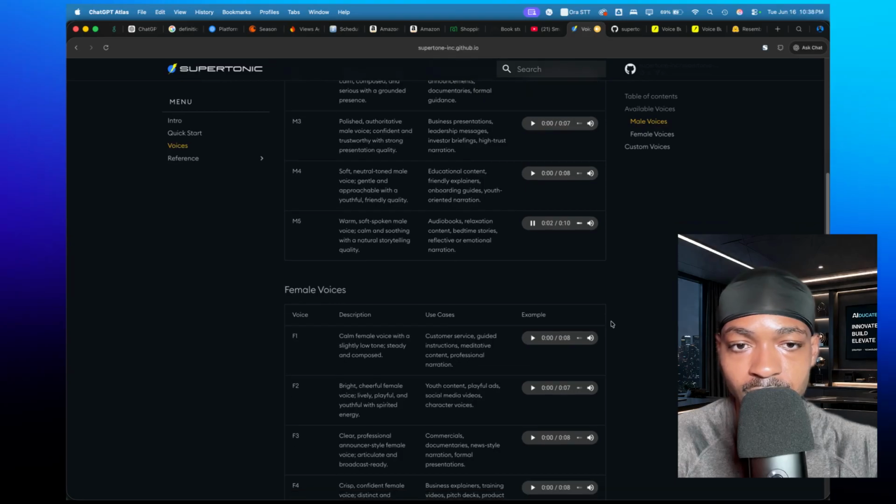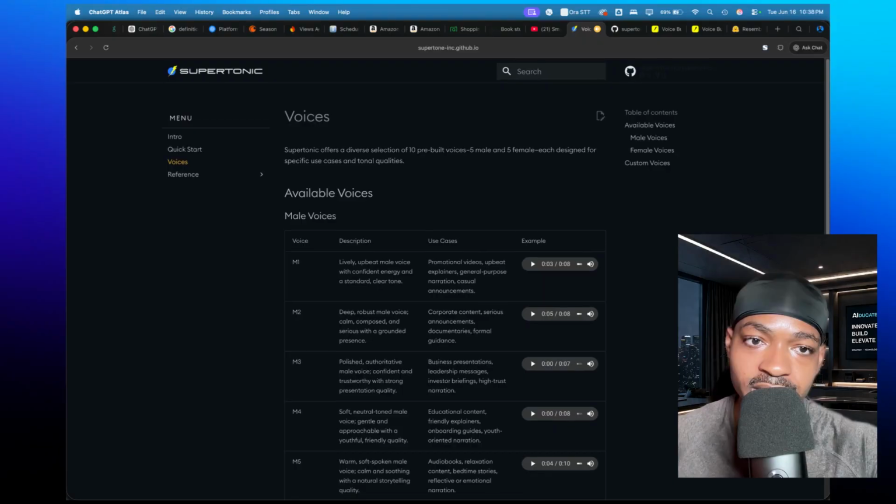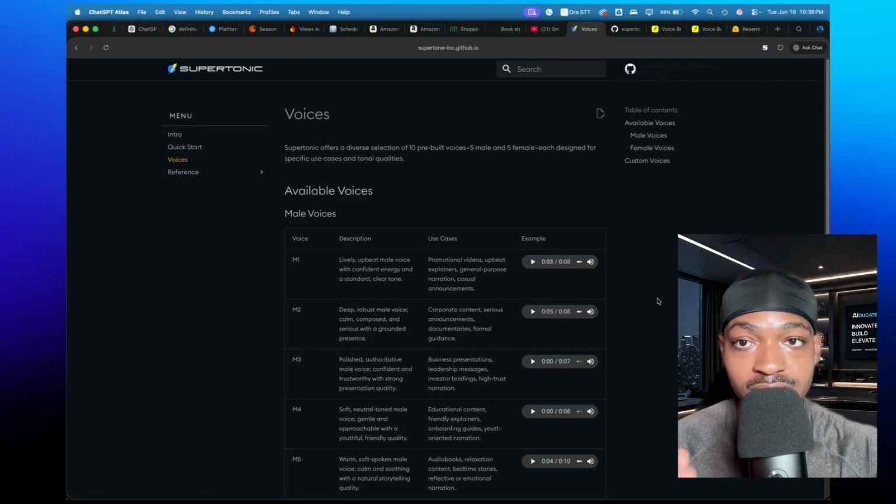Supertonic is a lightning fast on-device text-to-speech system. So you hear the different voices that it has, and I think that the default voices are